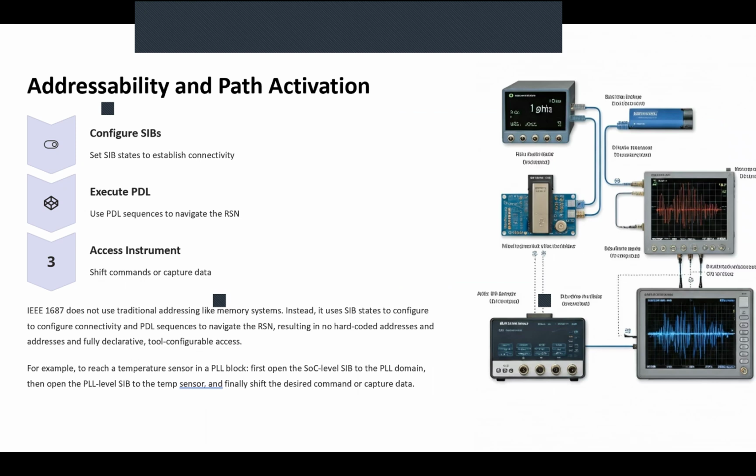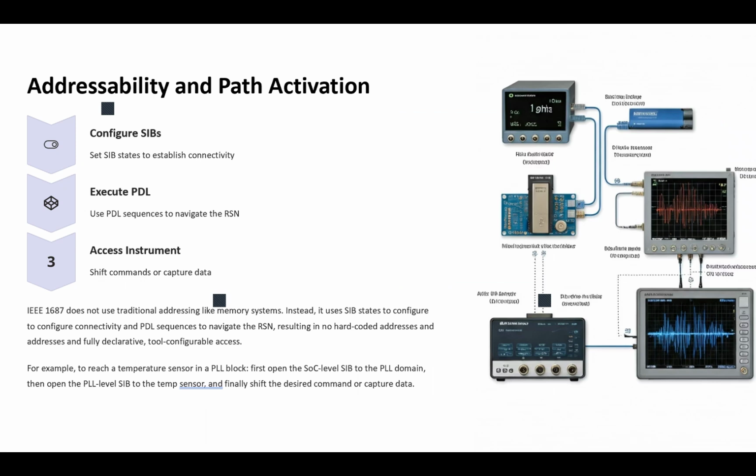Now, to begin accessing an instrument, first of all, we need to configure the segment insertion bits to open the correct branches in our network. So this scan path in IJTAG is like a map of roads, and the SIB is like a traffic light. So it makes them go or stop. Okay, so